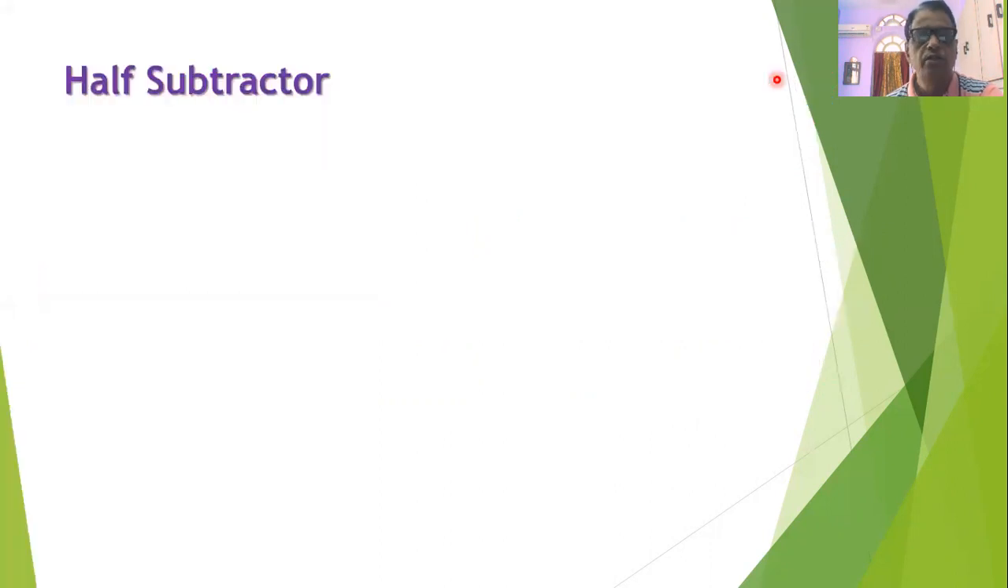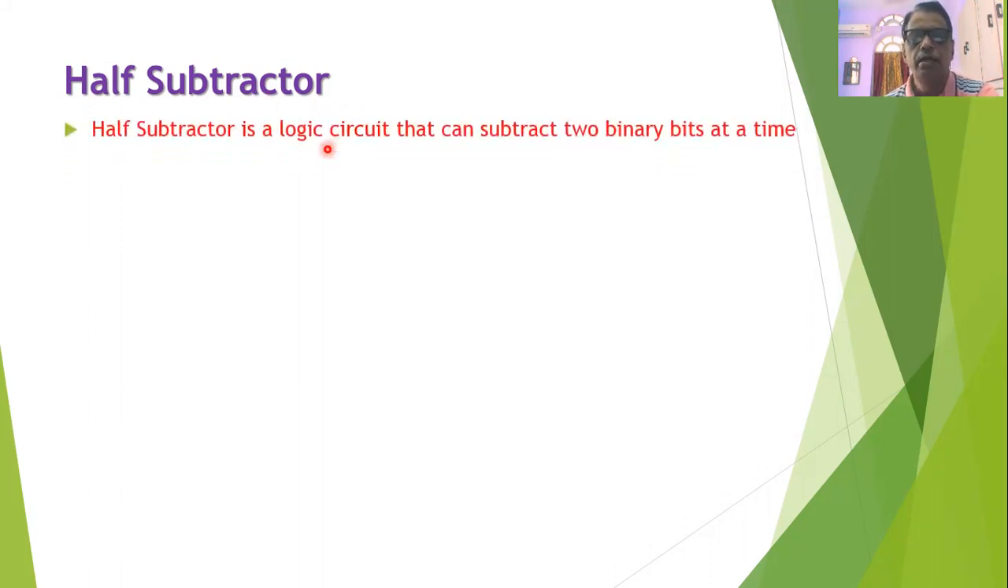So let us start the session with what we mean by the half subtractor circuit. A half subtractor circuit is a logic circuit that can subtract two binary bits at a time. This is an arithmetic circuit, and an arithmetic circuit can be used for the addition of input digital data and for the subtraction of the input digital data. So half subtractor is an arithmetic logic circuit that can be used for the subtraction of two binary bits